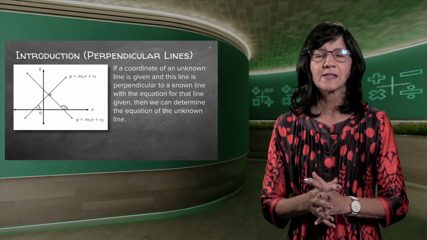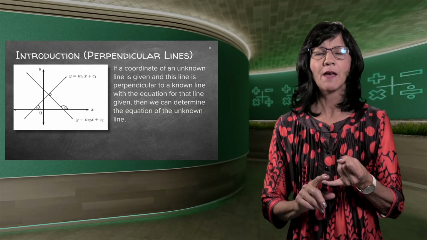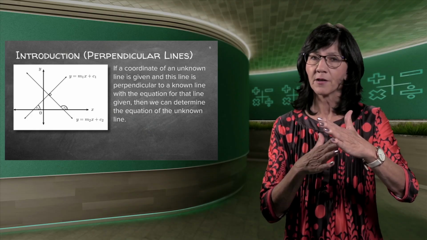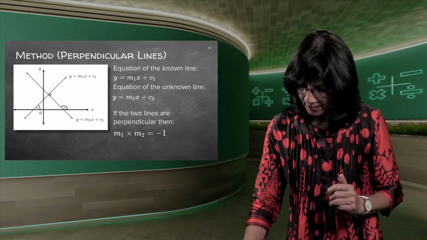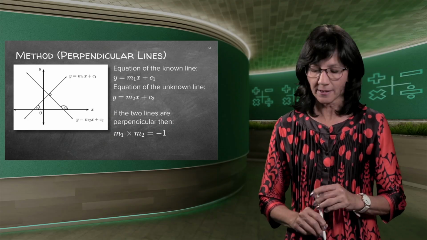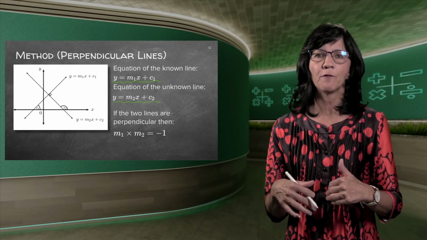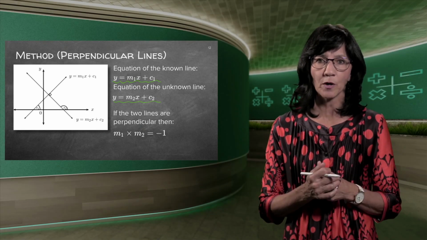So there's a very easy way to find out what one line's gradient is if I have the other line. This whole big fat sentence only tells you that if I have one line's equation and they tell me to find another line that is perpendicular, I will be able to do that. And how will I be able to do that? There's my two formulae. There's the one and there's the other one. The first one will be your given equation. The second one is the one that you need to find. But remember, it depends on what information we have. We also can use the other formula, y minus y1. We'll see just now what we've got.